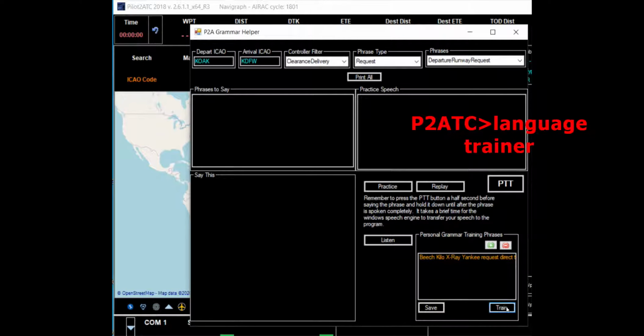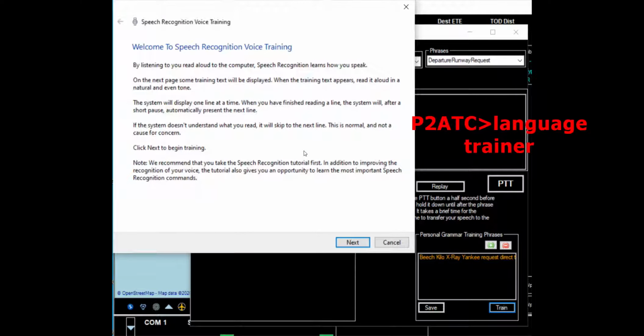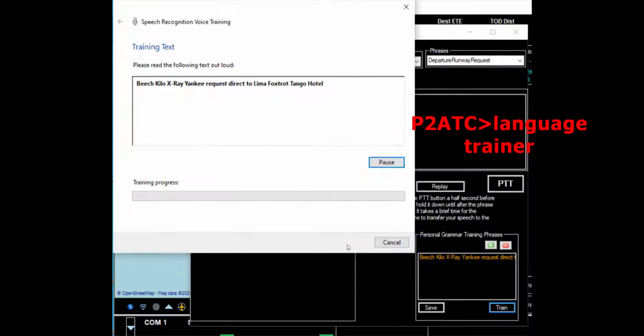As this is not a very frequent instruction, it is safe to teach Pilot 2 ATC to understand the Direct To instructions. Beach Kilo X-Ray Yankee, request direct to Lima Foxtrot Tango Hotel.